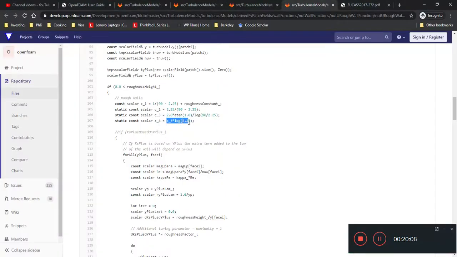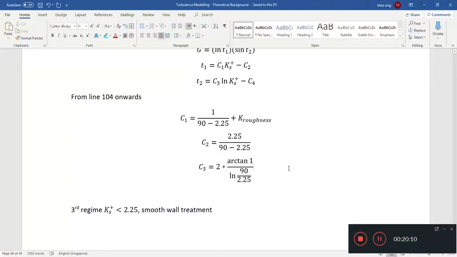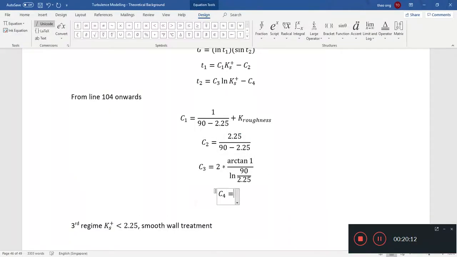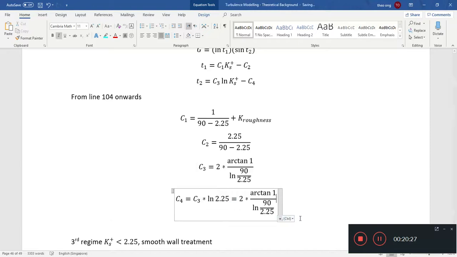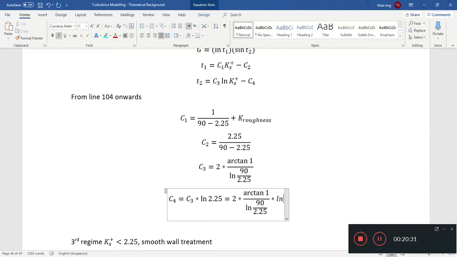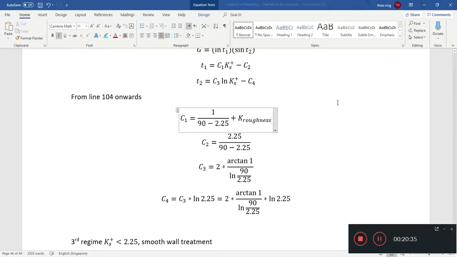C4 is C3 times ln 2.25. C4 equals C3 times ln 2.25. And that will just be equal to 2 times this times ln of 2.25. Alright, wow,